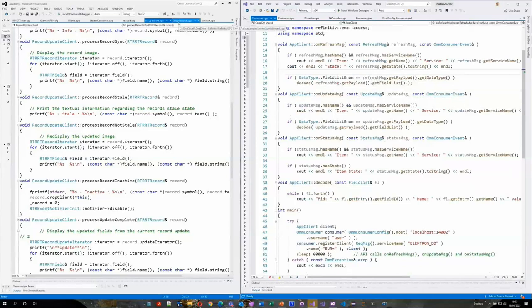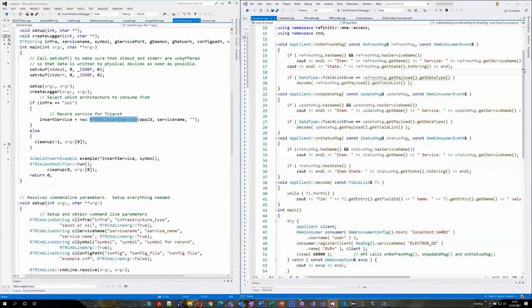Okay, thank you, Vesavi. So the next example I'm going to look at is a posting or contribution or insert example. Again, the reason I'm going to do that is because that's probably the second most common usage scenario amongst our users of SFC. After subscription or consuming, they then use SFC mostly for inserts and so on. So again, very simple example. This is one I've taken from the SFC dev kit. So we just create an insert service, which is a connection to the server.